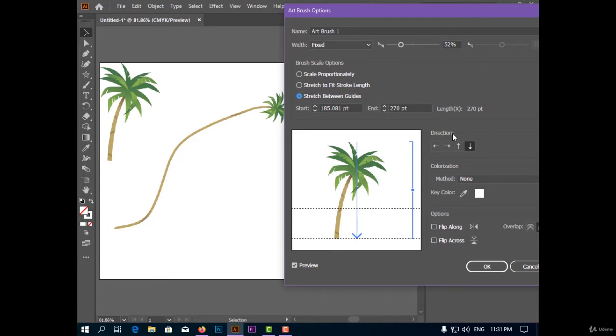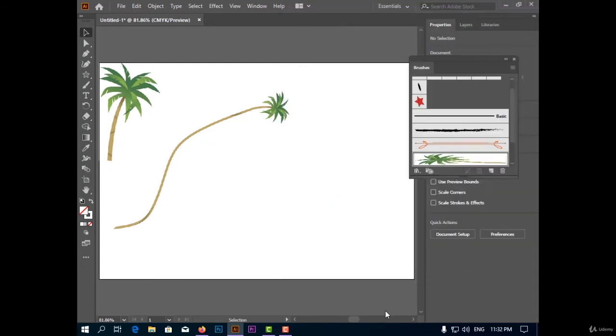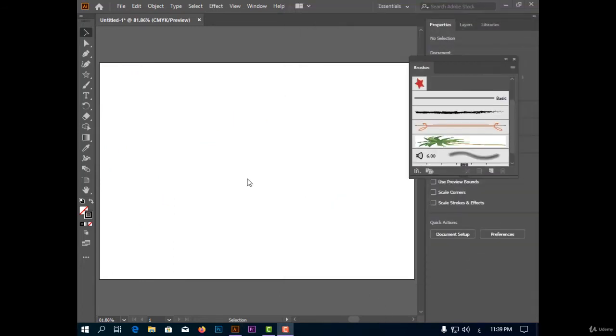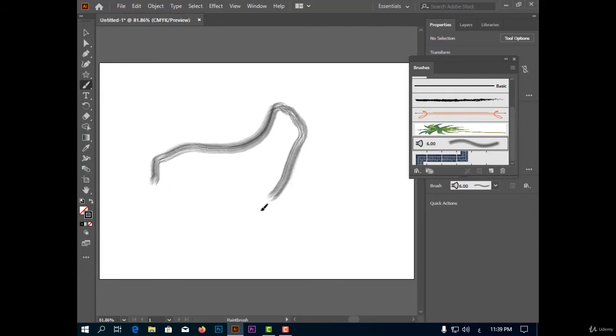And here I have the direction of drawing from up to down. I have the colorization and flip along, flip across, overlap. Apply to stroke. The fourth type is bristle brush. This brush gives you the experience of a real brush. You have only one bristle brush here. If I select the brush tool and draw anything